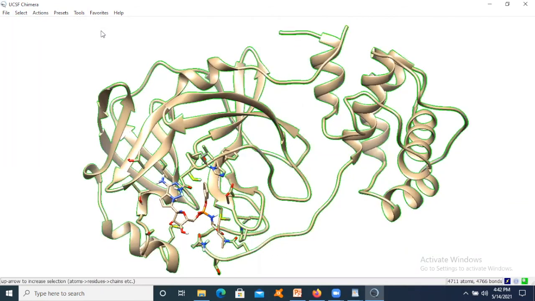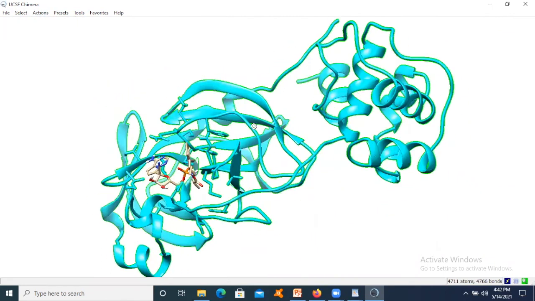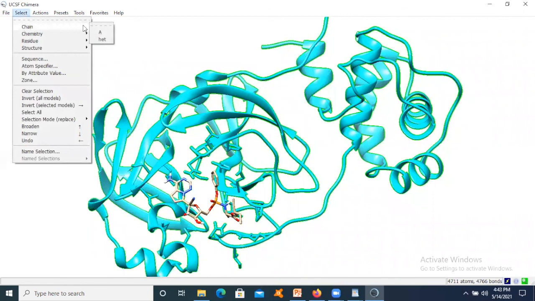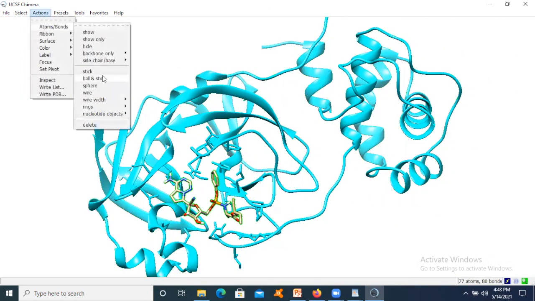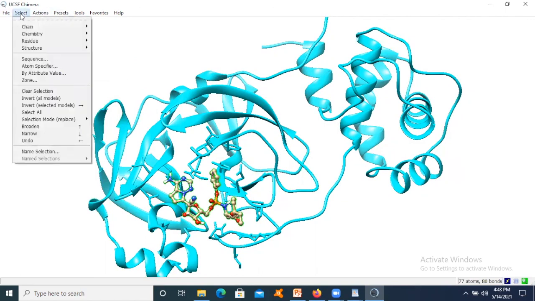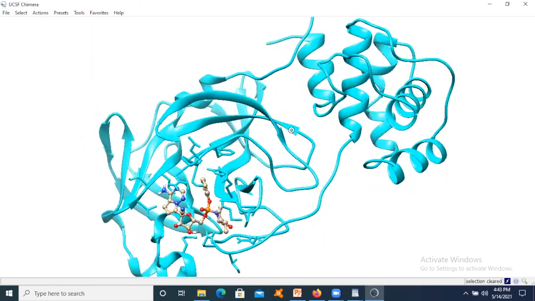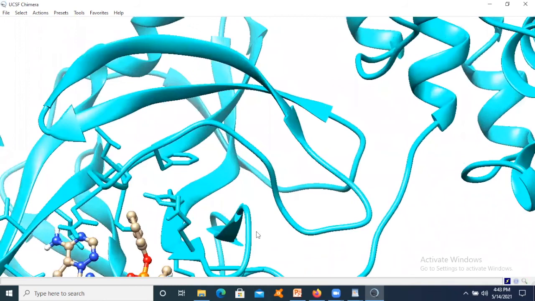So if I choose the A chain, let me just color it as cyan, and the heteroatom, let us just make it in a different format, like ball and stick. Okay, so you can see here how it looks, right? And you can actually make very good figures from here.